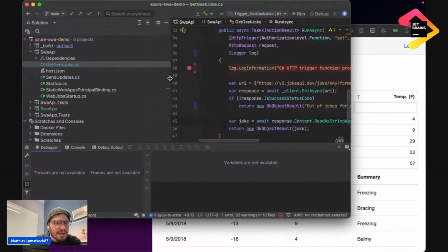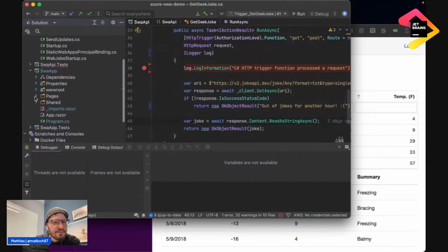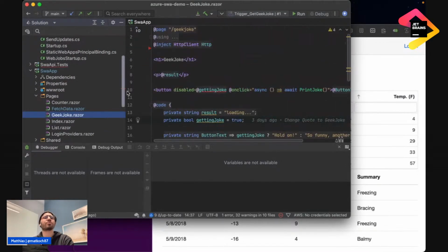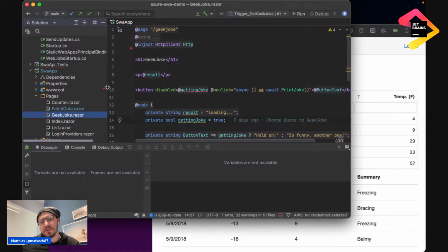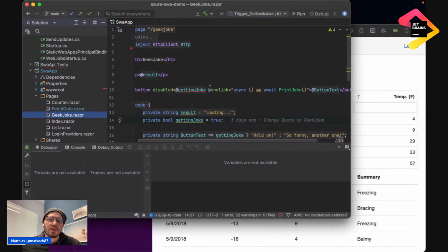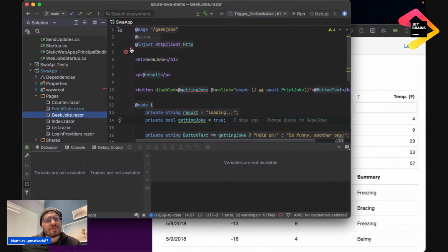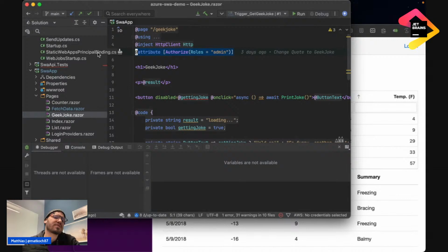So let's go back to our app here, and we have pages, and we want to secure our geek joke. That page is basically just showing what we just looked at in the Azure function. And for that, to secure the whole page, we can just go here, and I'm actually just reverting that. I can say this is only available for authorized users, and the role should be admin to access